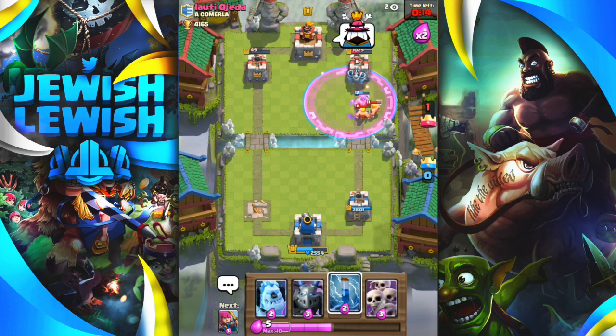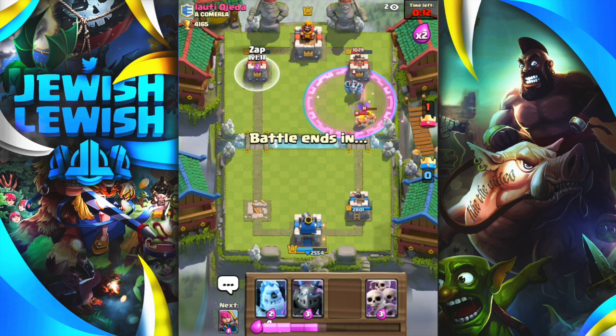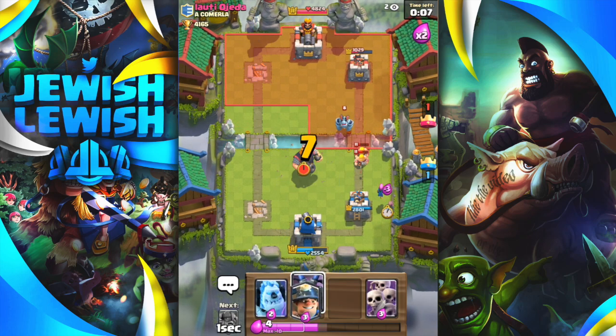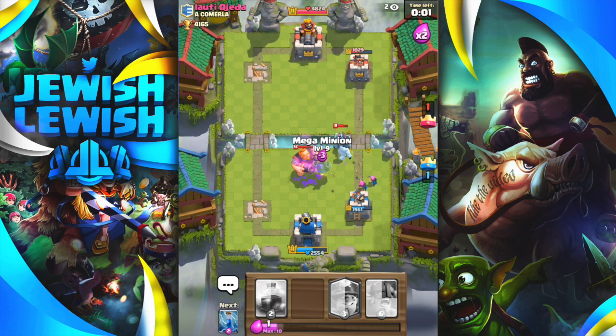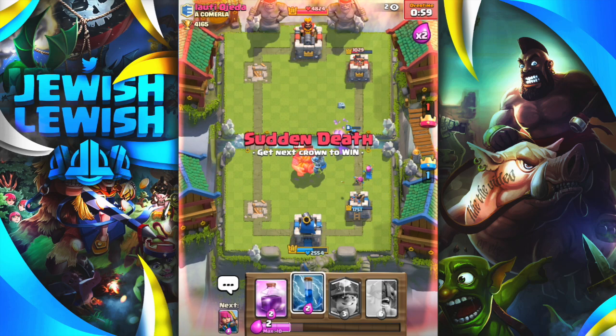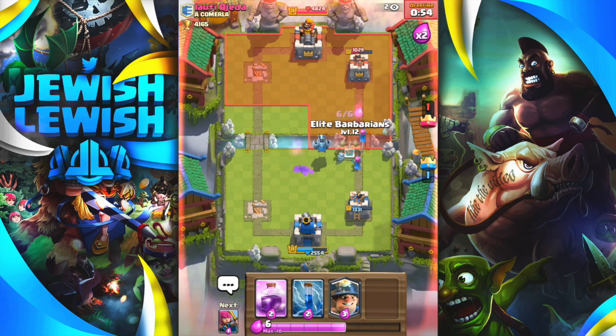Regular Barbarians once again stop my Elite Barbs, and I have to save my zap for his left lane tower. So let's go ahead and try to counter some of these troops over here. I really don't want this Mega Minion attacking mine. So down goes my Ice Golem and my Skeleton Army, who will zap the Mega Minion to finish off the Royal Giant as we're saving up a little bit more elixir for some more